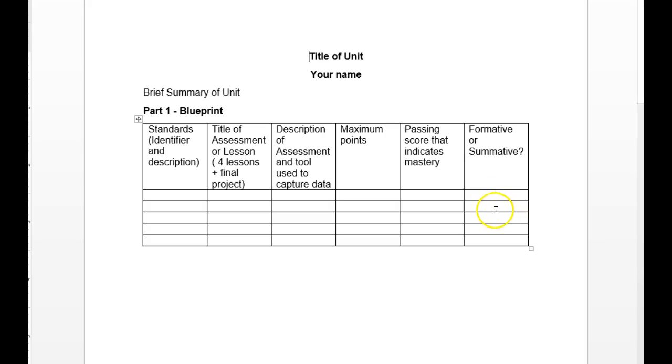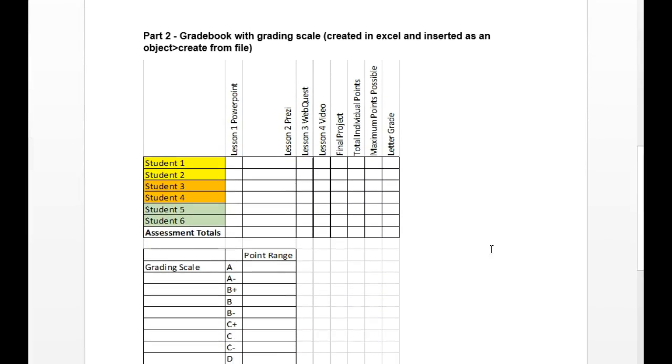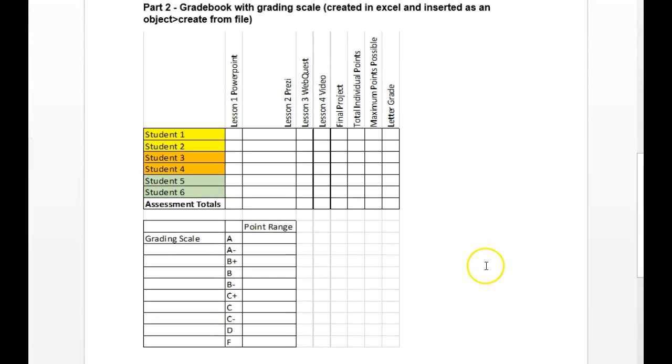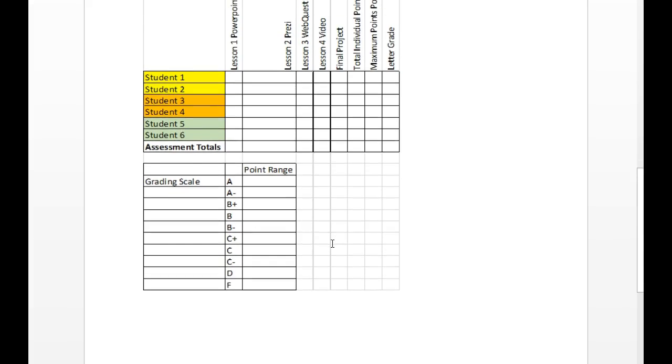And chances are that all of your lessons are formative and that only your final project that your students create at the end of the unit is summative. If you scroll down on this template, here's that same Excel file that you just saw before. Some people find that it's easy to create the data for this Excel file right here in Word, and other people find that it isn't well behaved. So if it's not well behaved for you, just delete it, use the Excel file, and then insert the Excel